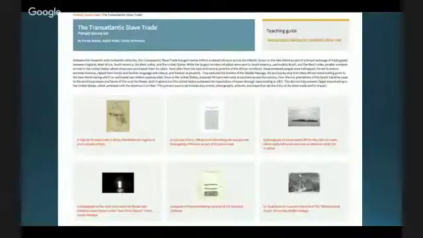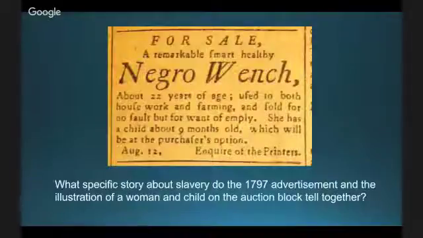And finally, an example from a set that I wrote, because it's easy to talk about research that you did. This is a set that I wrote about the transatlantic slave trade, so both a US and a world history topic. And this question that I wrote works with 2 items. So this is a